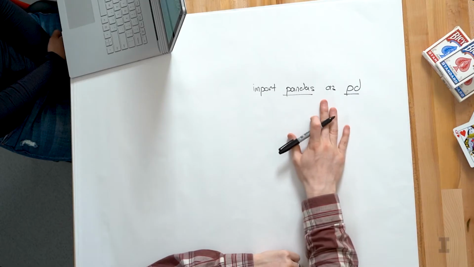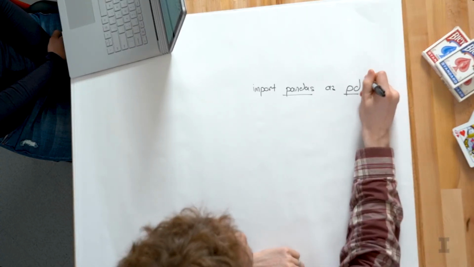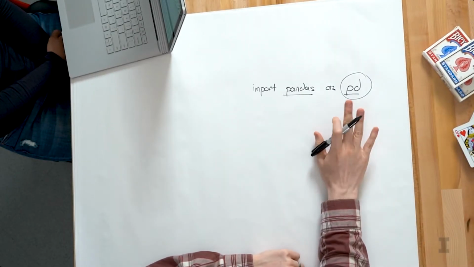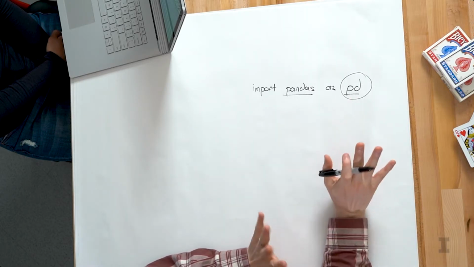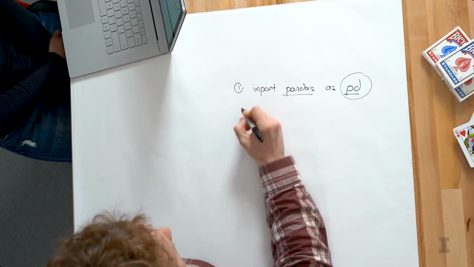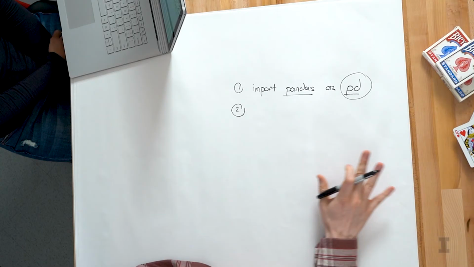So every so often you might see examples where they do pandas dot something, but almost always you're going to see us use simply pd. And that's what I'm going to use in all of my work in this series. And it's what I do professionally when I write any code. Perfect. So this first line is going to be the first line we always run. And then the second line we're going to run is we're always going to import a data set.